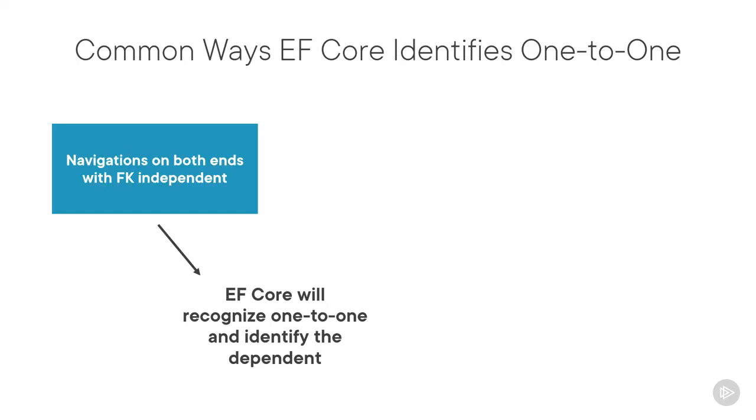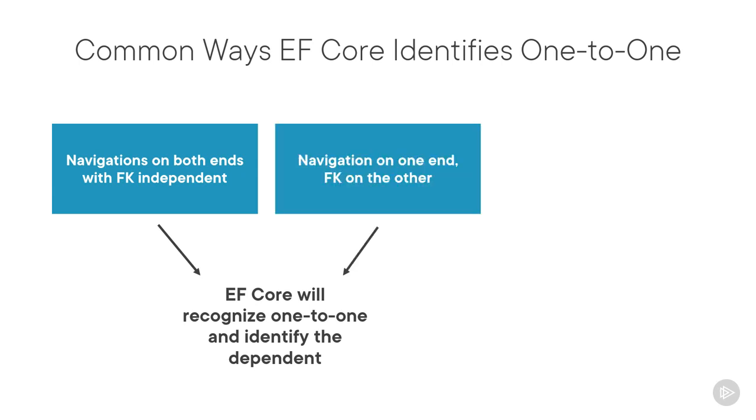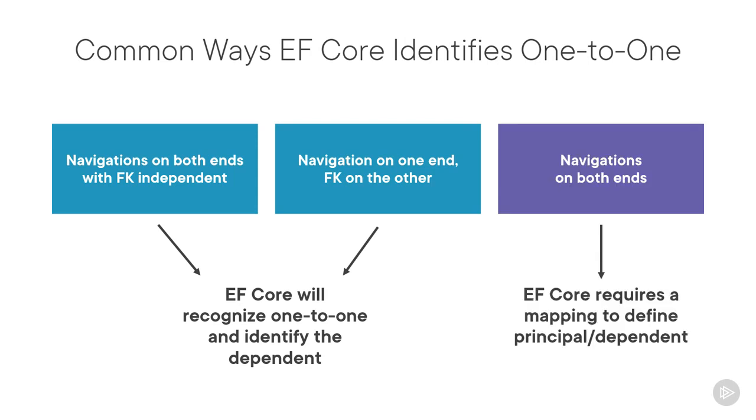The most obvious setup for EF Core to correctly identify the one-to-one mapping and which entity is the principal and which is the dependent is to have navigation properties on both ends and a foreign key property in the dependent. But there are a few others that it will recognize by default. For example, if you have a navigation in the principal and a foreign key in the dependent, EF Core will recognize that. And it's possible also to have navigations on both ends